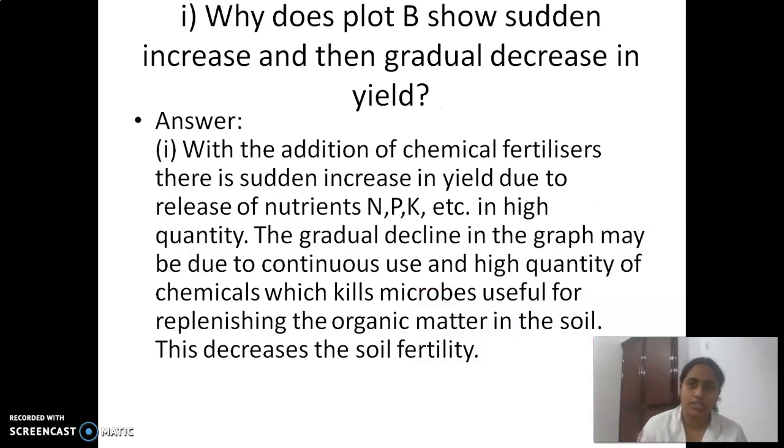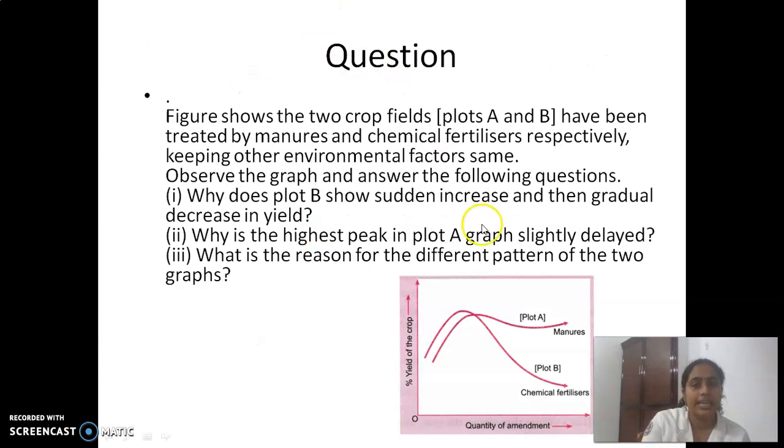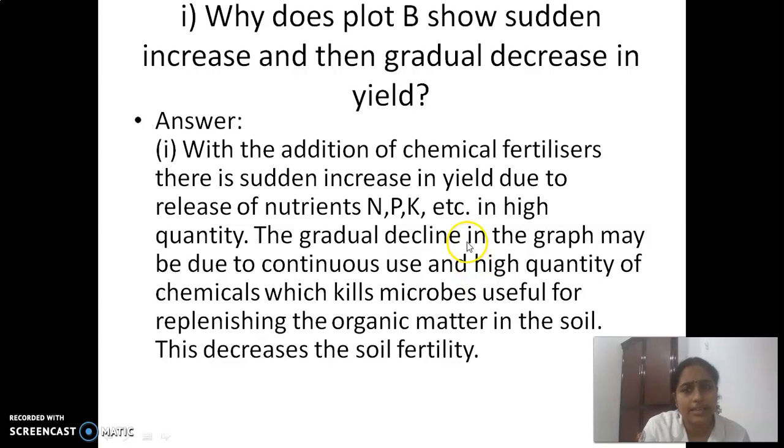What is the first question? Why does plot B show sudden increase then gradual decrease in the yield? See, plot B, sudden increase and then decrease. What may be the reason? With the addition of chemical fertilizers, isn't it? The chemical fertilizers are added there. So with the addition of chemical fertilizers, there is sudden increase in the yield due to release of nutrients such